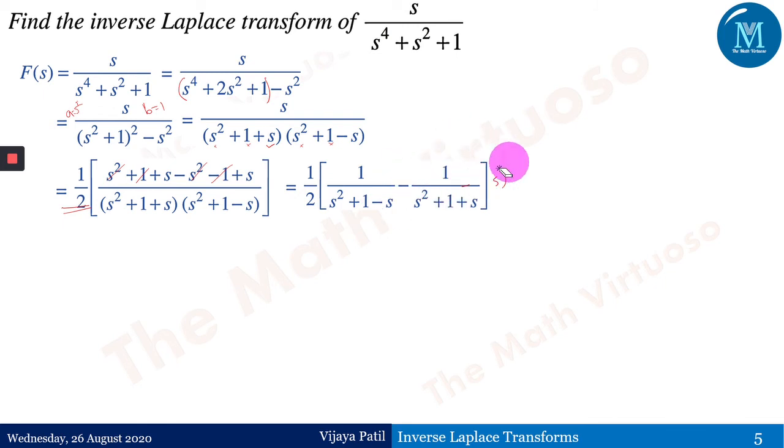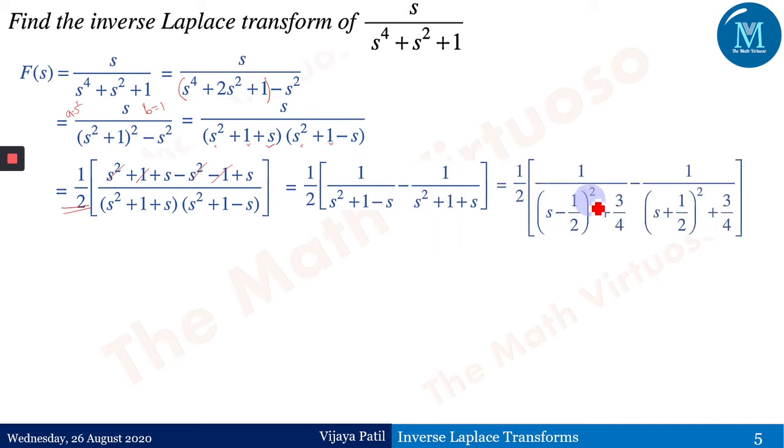I hope you have understood what I have explained right now. So this is what it is: the first term will go off, then just the minus sign here and there. So we will get it here. Again the same thing, it is s square plus 1 minus s. So it is s square minus s plus something, plus 1 plus something, right? What we have discussed in the previous step.